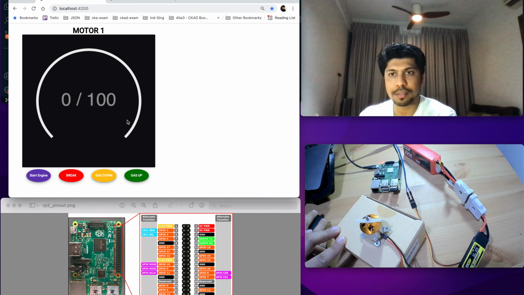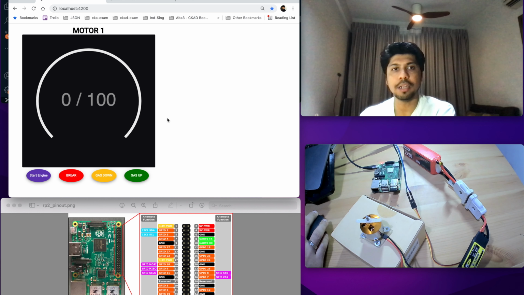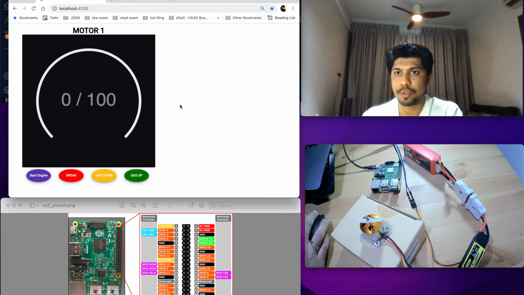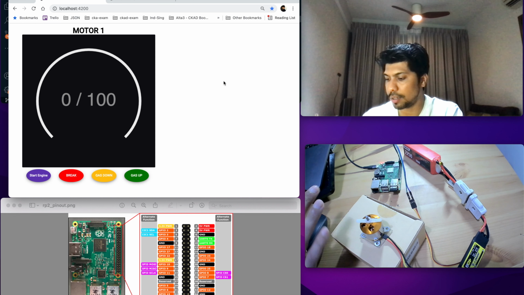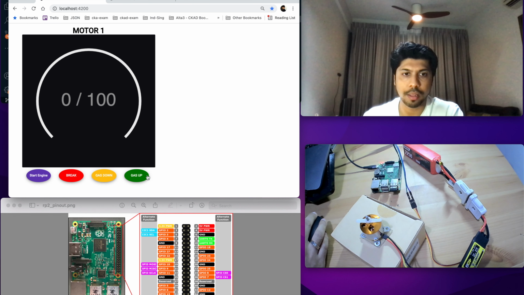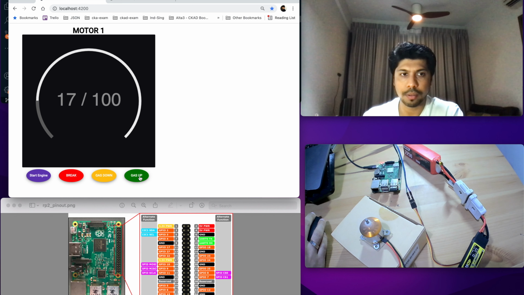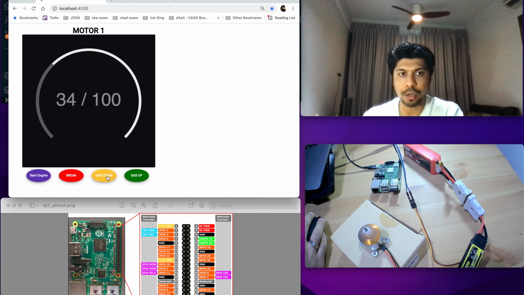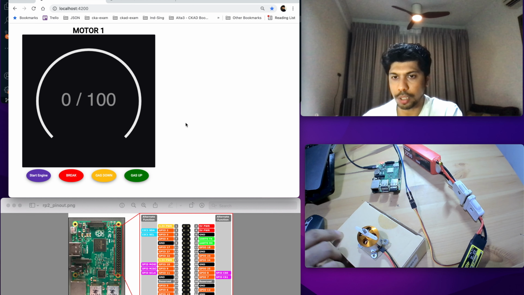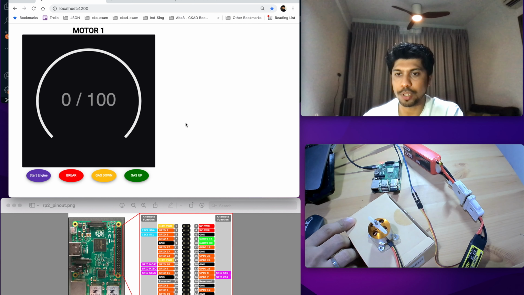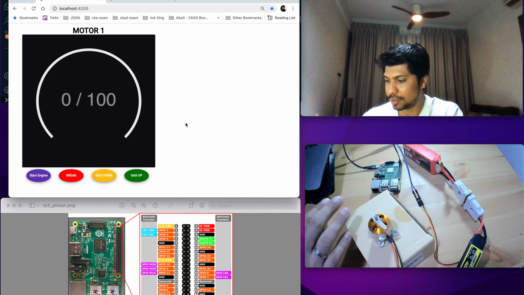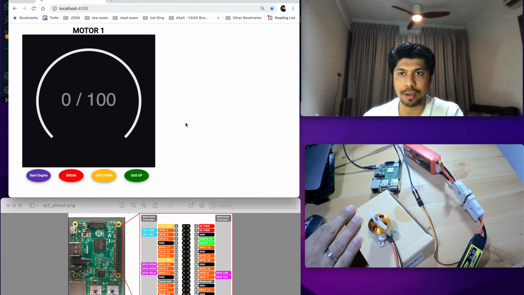This is the complete Node.js server code which is connected to this RC motor. If we go up, it is connected, we can go to its max, we can go down, and we can stop the machine.